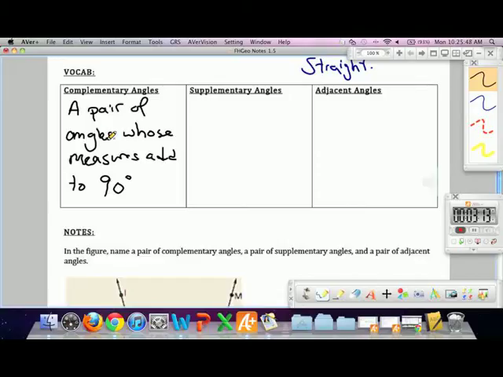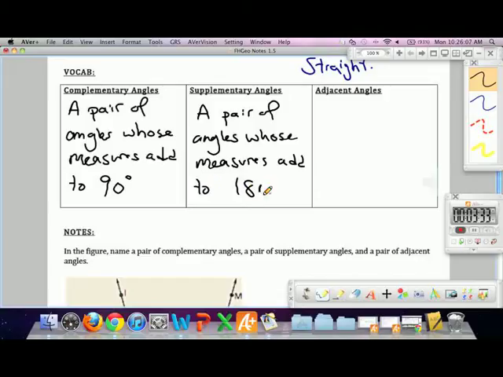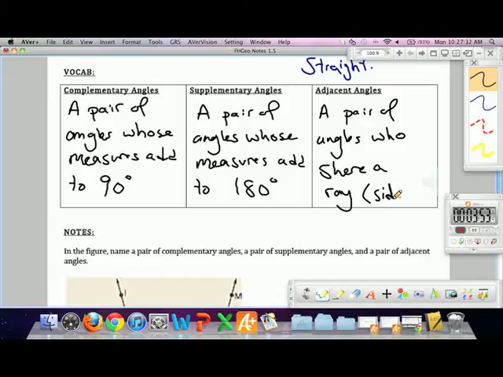It is a pair of angles whose measures add to 180 degrees. Adjacent angles is a pair of angles who share a ray or side. Okay? So as a kind of first usage of these terms, let's find a pair of angles that